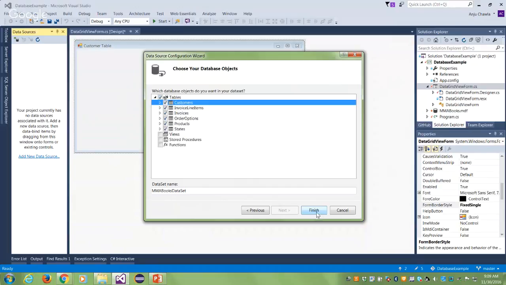When you do finish, choose whatever you like. I definitely need customers, invoices, and states today. I'm not sure about states, but the other two I definitely will need. Okay, I'll show you how to work with states also, and say finish. You will notice